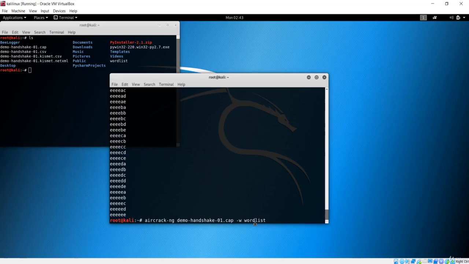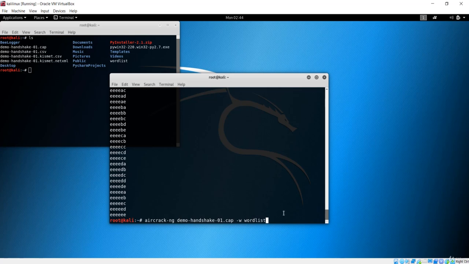So you could see this is only a bunch of keywords that we write here, saying that aircrack-ng is the application, this is the handshake that we want to use, and the word list is given with -w, and -w specifies that this is a word list.